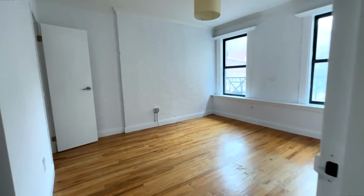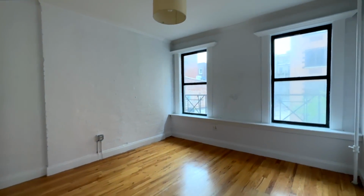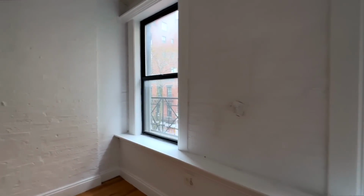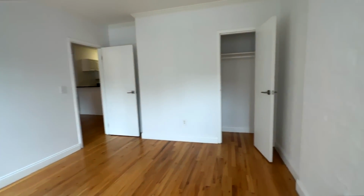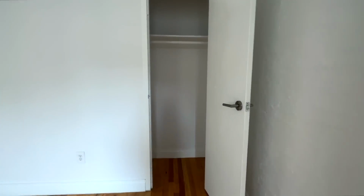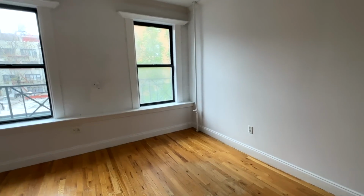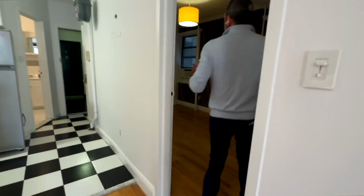And this room actually was massive. This was way bigger than it looked online. This would be a beautiful office space, second bedroom if you had a roommate. And the view outside was just so beautiful right onto that main street. The closet was pretty tiny, but this room was so big that you could add clothing racks or whatever. But the second bedroom was definitely a New York closet sized bedroom, very dark, very cave-like, very